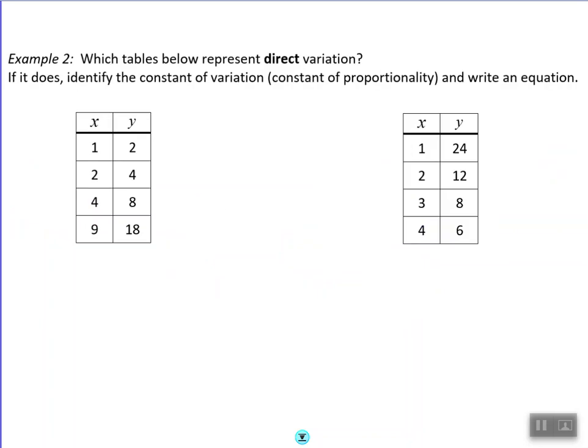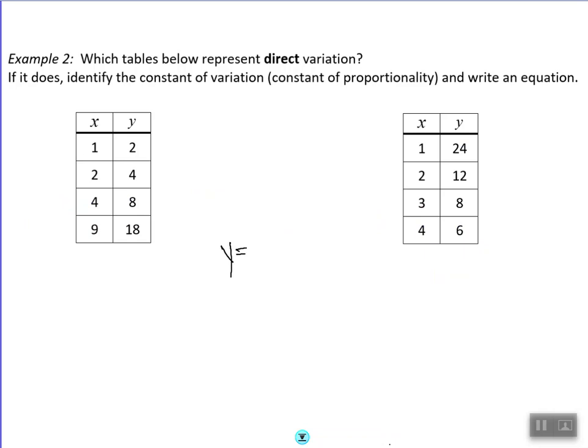Another way you might see problems is using a table. So we want to know, do the tables represent direct variation? And if they do, what is the constant of variation and what is the equation? So before we look at these examples,